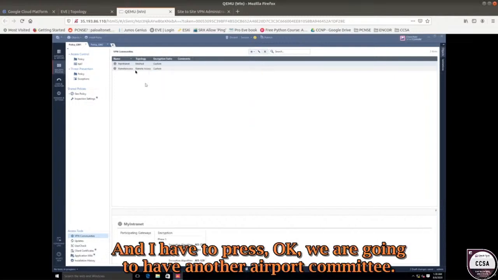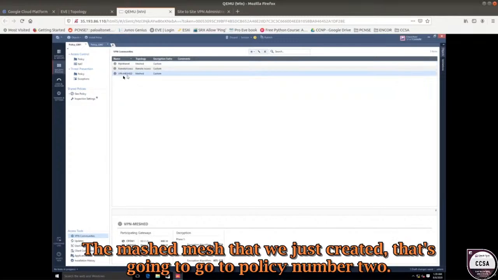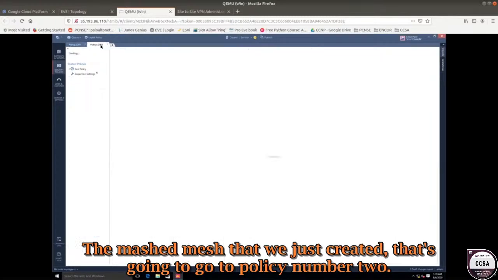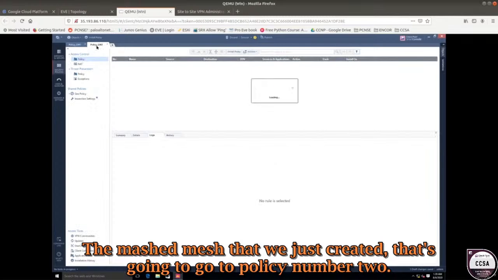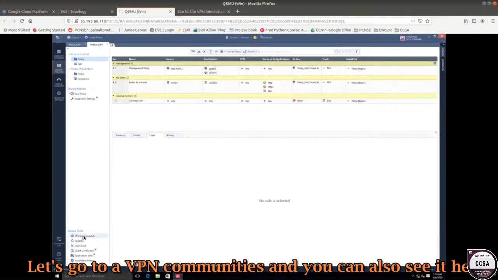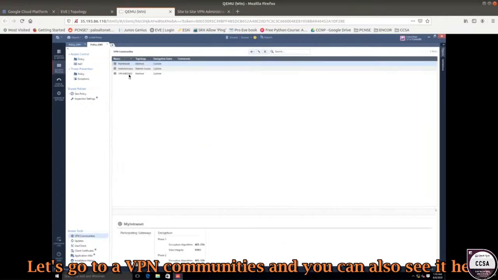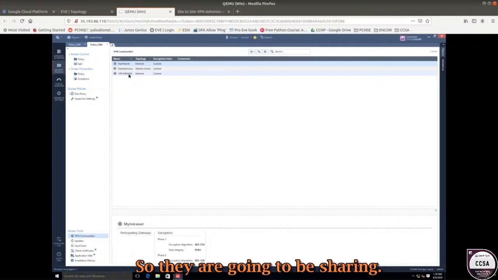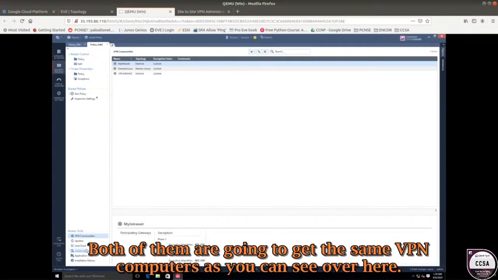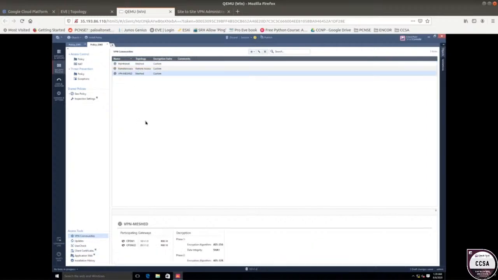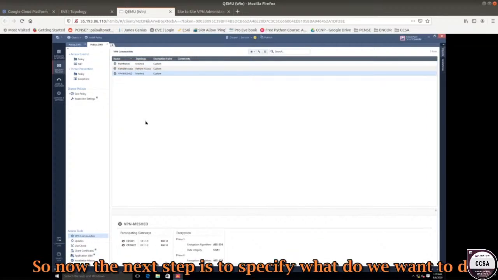And after you press OK, we are going to have another VPN community. There we go, the meshed VPN mesh that we just created. Let's go ahead and go to policy number 2. Let's go to VPN communities, and you can also see it here. So both of them are going to get the same VPN communities, as you can see over here. So now the next step is to specify